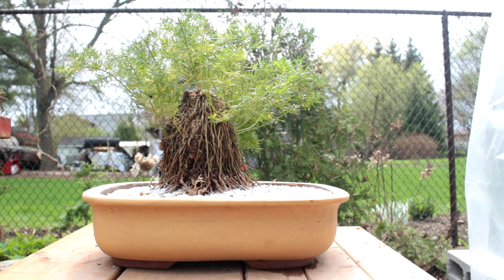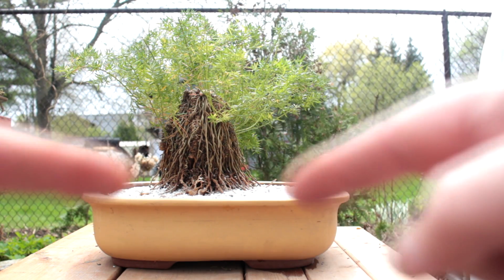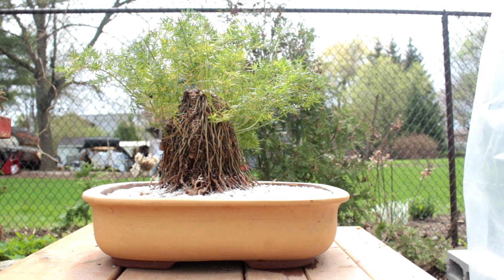I'm just checking the tree from back here. I've kind of lost a bit of my root flare when I put the soil up. You don't see those surface roots spreading down into the soil as much. I think as the roots grow and take hold, you'll see more of a flare at the base. And the pot looks a little big for the tree right now, but once that canopy starts growing again,